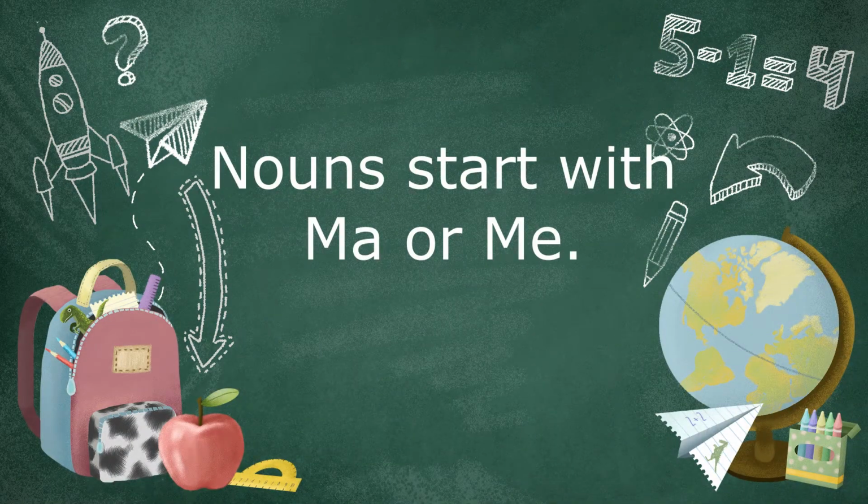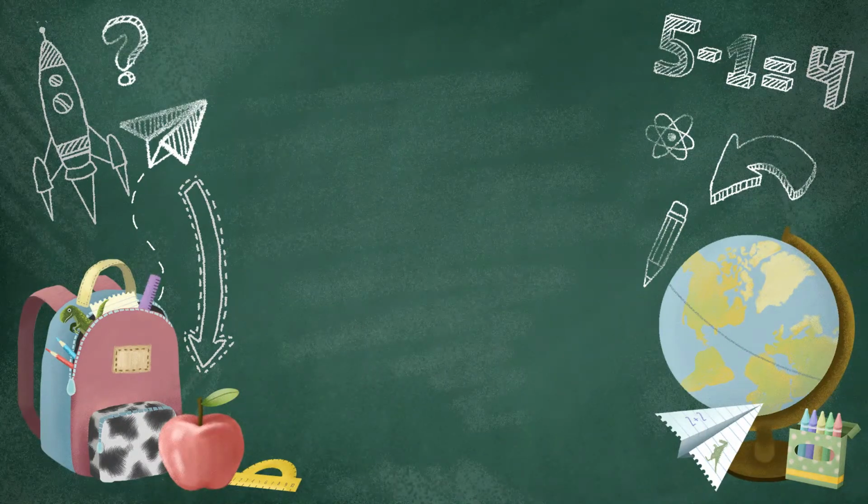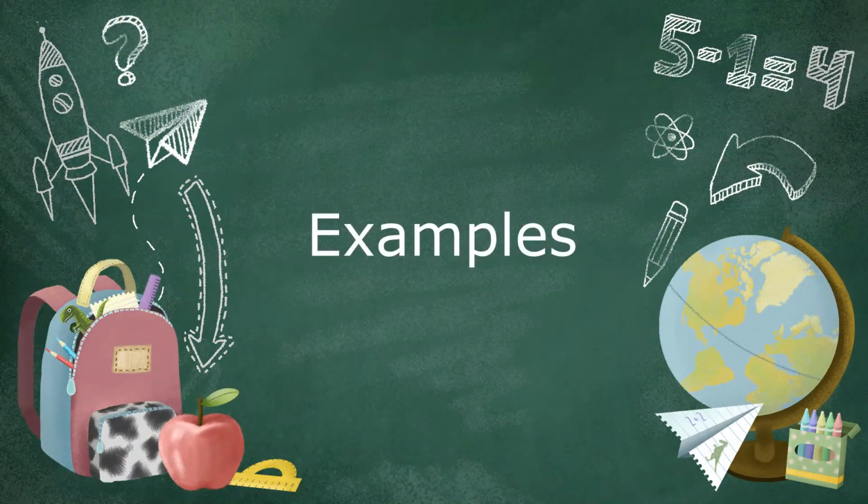Noun Class 6 is quite easily one of the simplest noun classes you'll ever work with. It starts with a ma or a me, and it's not a living thing. It most probably belongs to this noun class. How simple is that? Can I get a yee-haw? Yee-haw! Awesome. Now let us start looking at its demonstratives, examples, and all the good stuff.